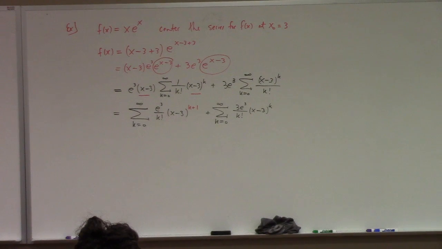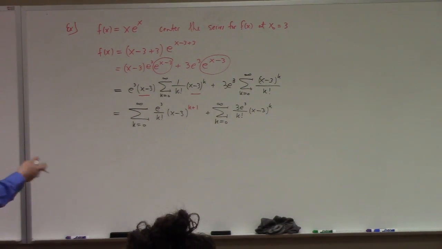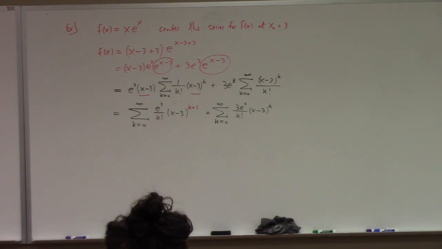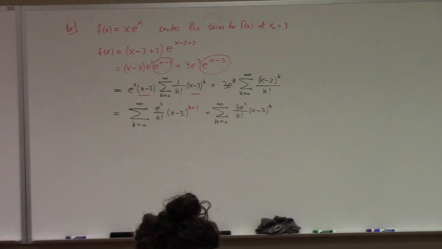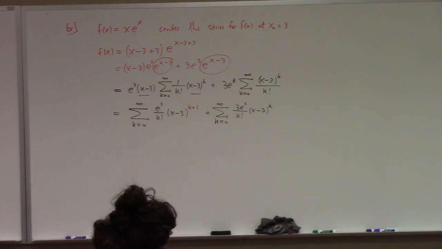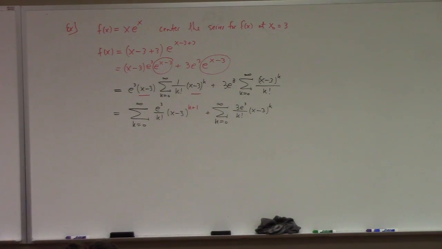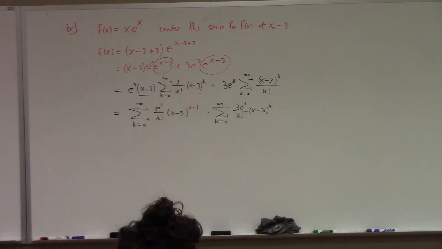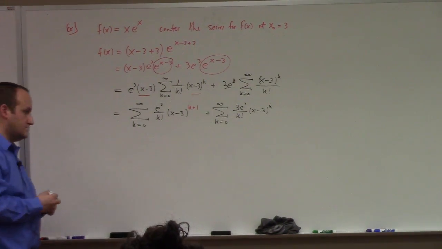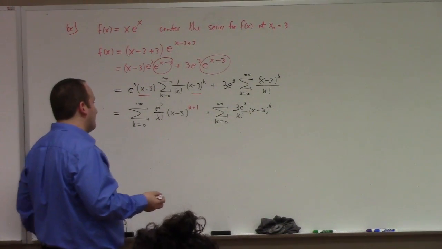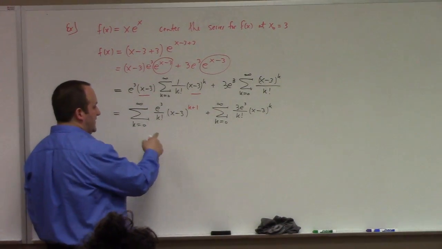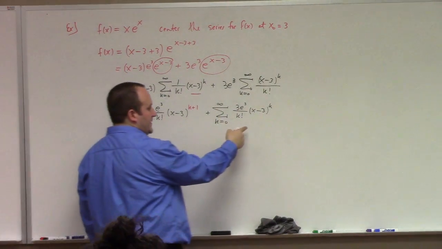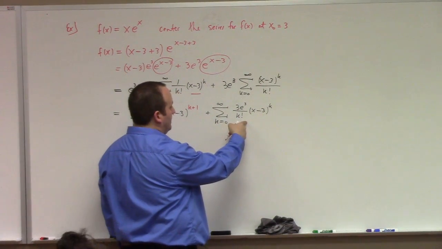I'd like to write these as one sum. I mean, I want my answer to be one sum. It's not quite done yet, right? I need to simplify my answer. So how do I do that? How about this? This starts from linear, quadratic, cubic. This one starts with a constant term, right? But I kind of like this one.